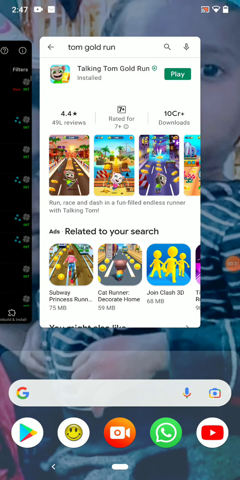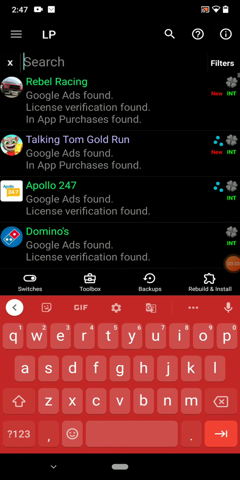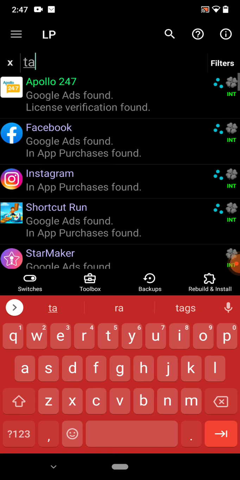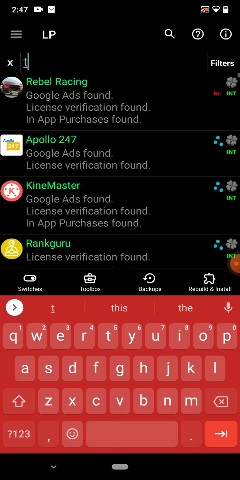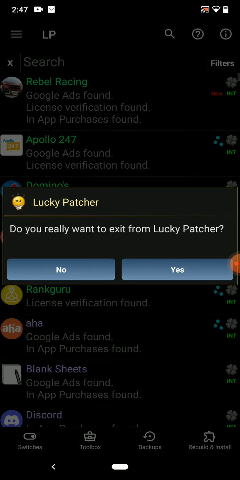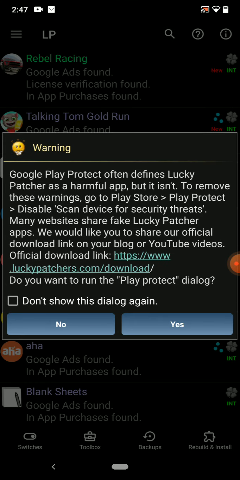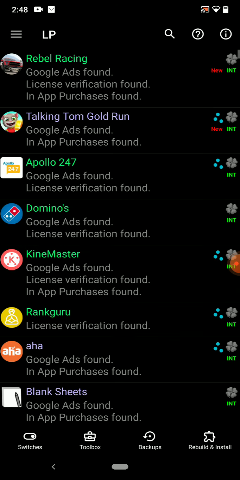So you have to open Lucky Patcher and search for Talking Tom. Remove this recent tab and open it again. You should click here no, and this installed app will be present for you.